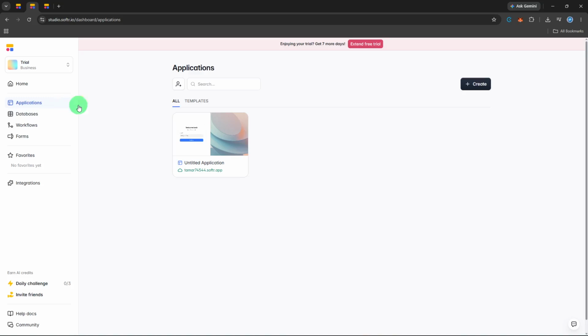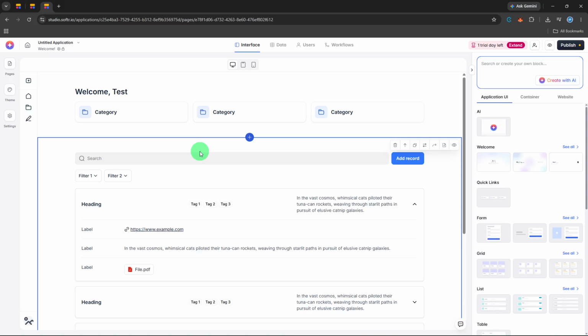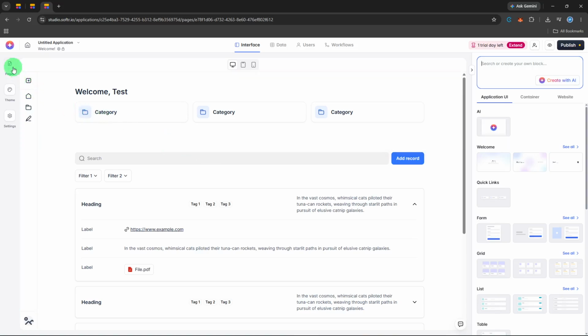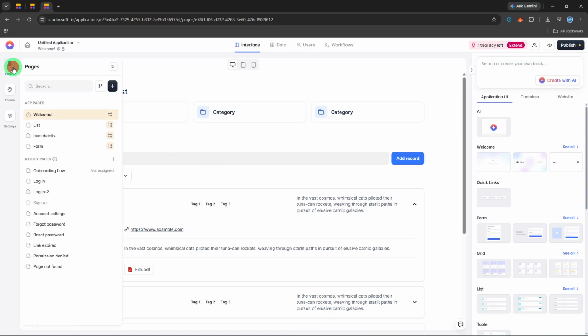To begin, log into your Softr account. Once you're on the main dashboard, you'll see a clean left-hand sidebar. The very first thing you want to do is click on Applications from that sidebar. This will bring up a list of all the applications you have created or that you have access to. Take a moment to scan through that list and open the specific application you want to edit. Just click on its name or the edit icon next to it, and it will load the builder interface for